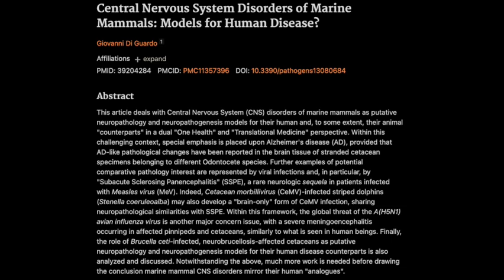Precisely. These marine mammals are like sentinels. They're giving us warnings, alerting us to potential threats that could impact the whole ecosystem, including us. A reminder of our responsibility to protect them. Absolutely. We need to pay attention and take action. Now, as far as areas where we need more research, there are several. Like what? Well, for one, we need to understand the exact mechanisms by which these pathogens, whether they're viruses, bacteria,